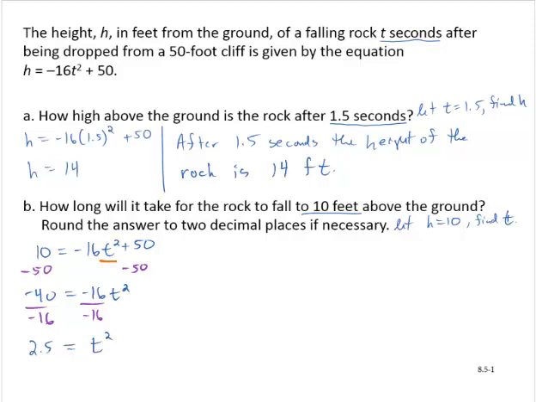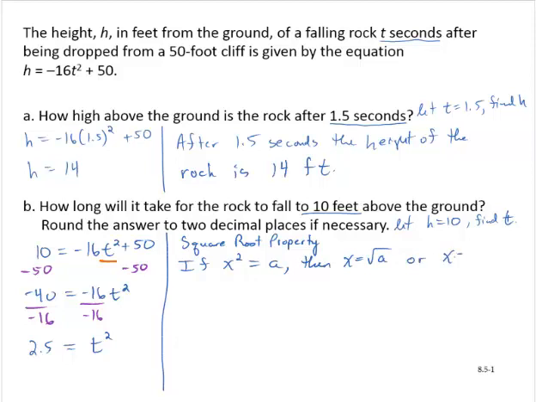Alright, so now I'm going to use a property of algebra. I'm going to use what's called the square root property, which states, if x squared is equal to a, then x is equal to the square root of a, or x is equal to the negative square root of a. And that's often written as x is equal to plus or minus square root of a. So, taking that from there,